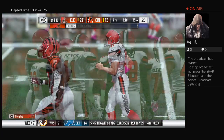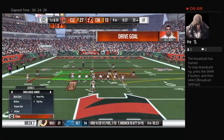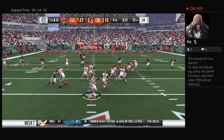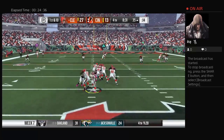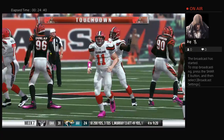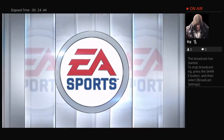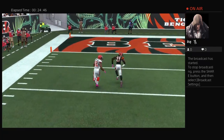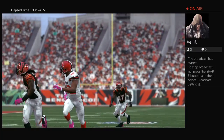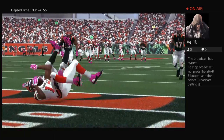Well, we know he's got the speed there. He needed the speed and the hands. A great catch. And because of that speed, you have to respect it as a defender. So you have to either play off or make sure you're somehow in contact with him. And got his man. Complete. And he is into the end zone. Touchdown, Cleveland. Josh Gordon with his 3rd touchdown of the game, number 7 on the year. And the Browns add 6 to their lead. And this is obviously quite a...